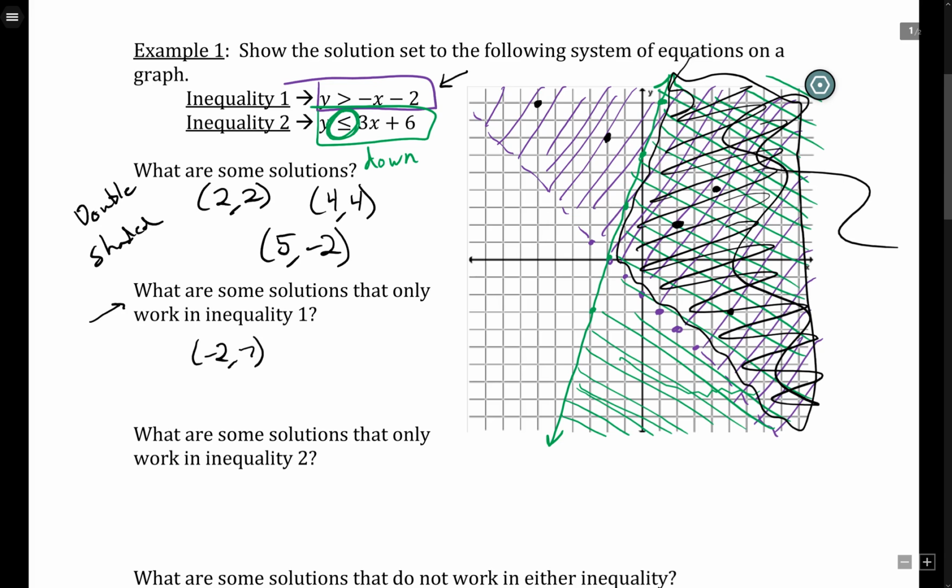Or a point like this looks like -5, up 9. These are points that are in the purple, so they do work in inequality 1, but they don't work in inequality 2. Likewise, sections in the green, such as -6, 0, and -1,